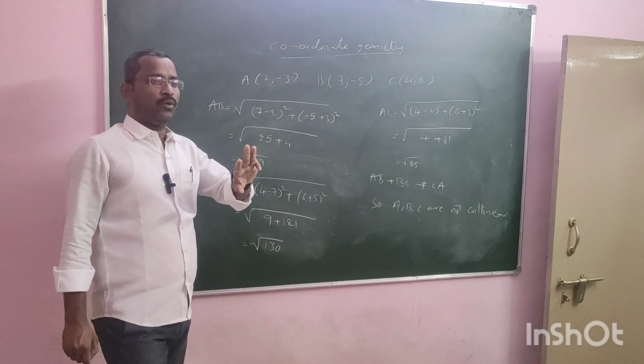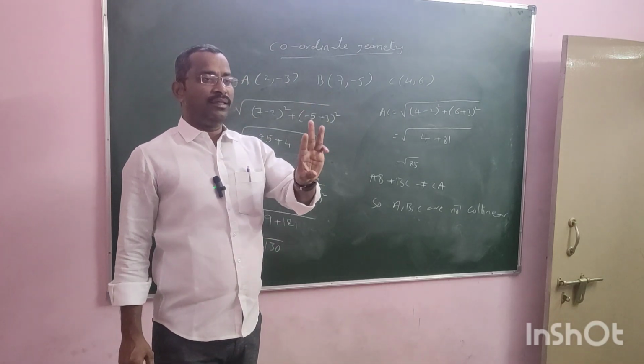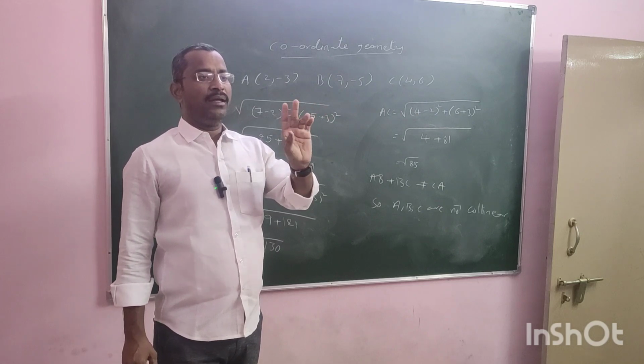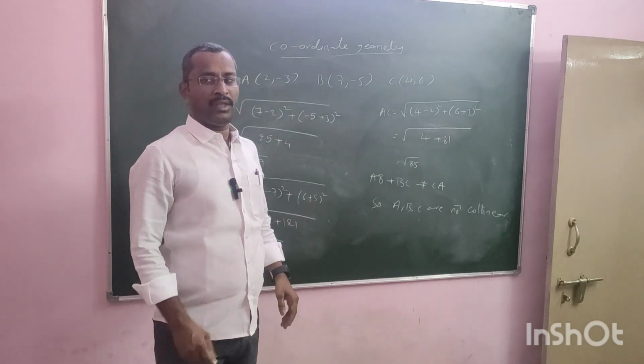Whenever three points are given and you have to prove they are collinear, simply find the distance among them. Three points A, B, C: AB, BC, CA. Add any two, and you should get the third one. And next,